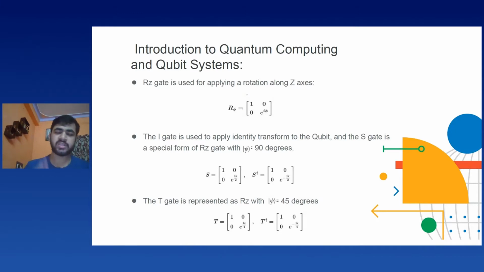So all these gates that we see are actually a subset of a universal gate, which is known as the S gate. Okay, so when we see, the S gate has this kind of formulation where it is 1, 0, 0, and e^(i pi by 2). That means it is an RZ gate with a phase of 90 degrees.